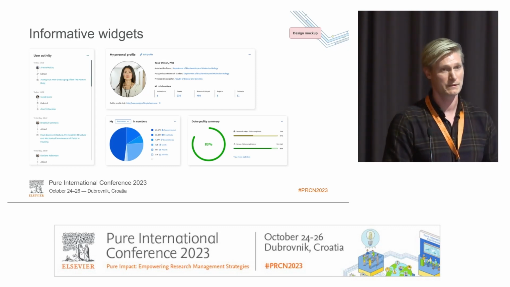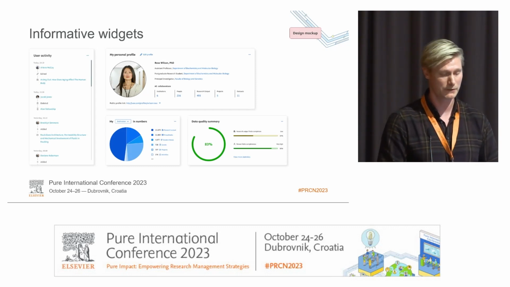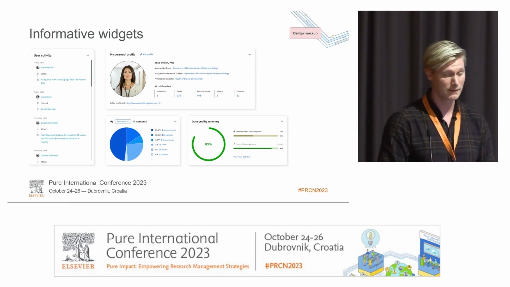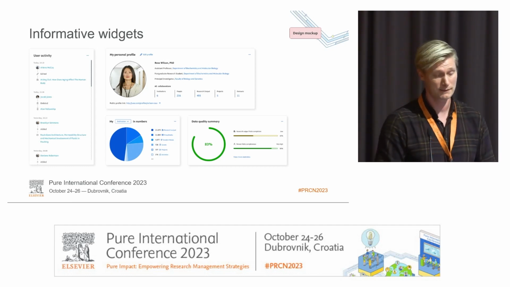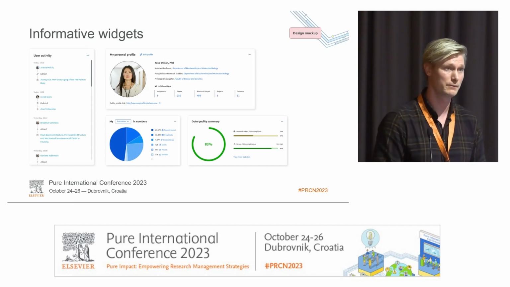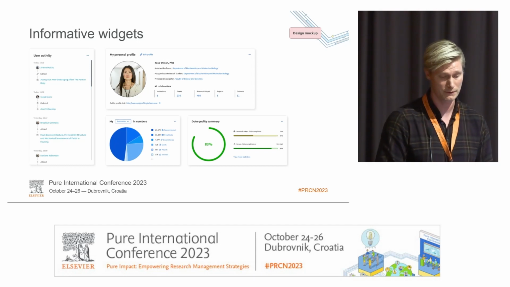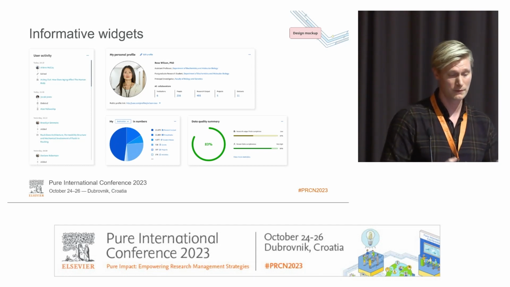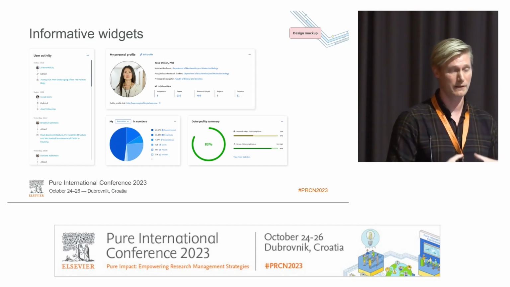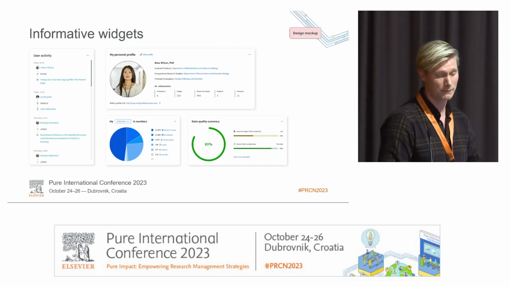It could be showing user activity so you know what everyone is working on or what is happening in your institution or your department. And back to the personal profile example, could be something relevant for personal users or researchers